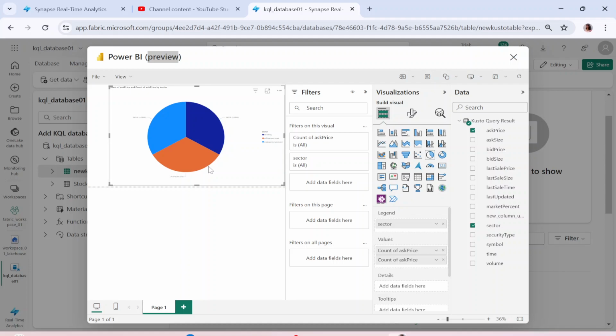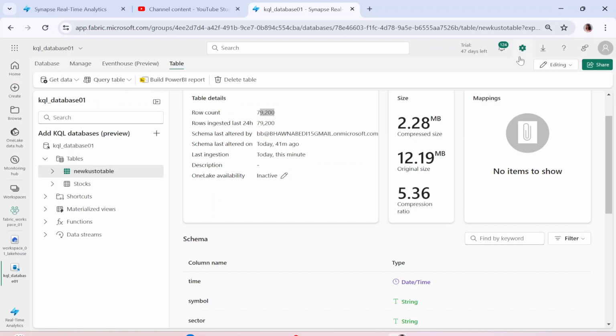So this becomes real-time analytics, where you are continuously ingesting the data, as well as seeing the latest data on the dashboard all the time. This is how you can integrate Power BI with your Kusto tables, or in general, Power BI is fully integrated with Microsoft Fabric.